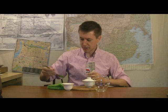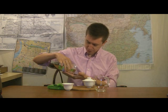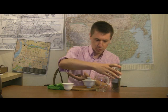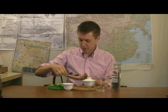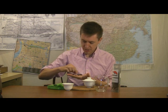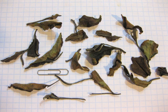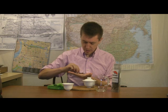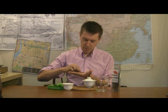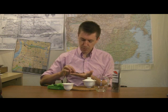Because these are large leaves, I don't think a spoon is going to help me that much. I'm better off just shaking a little bit of leaf onto my hand here, because what you'll notice are large leaves, fairly flat and wide, so that you have a lot of individual leaves or individual leaf portions. You notice the color. A lot of this is a gray brown, more a tobacco leaf kind of rust brown. You get some pale green,